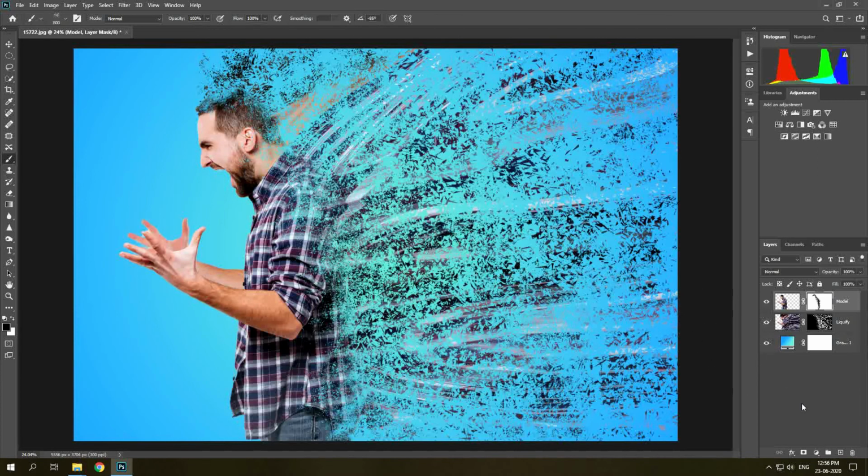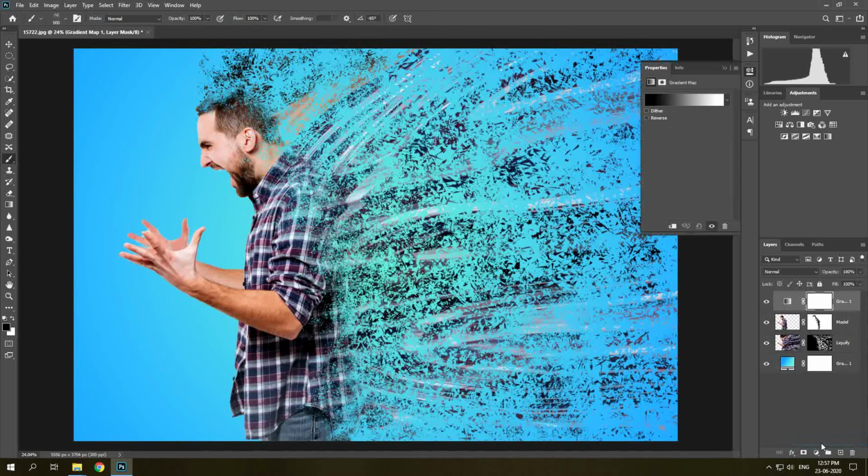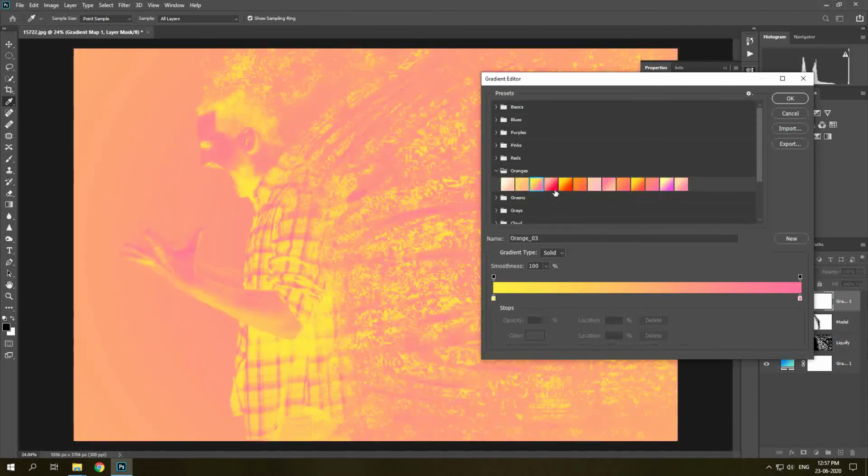Once you are satisfied with the result, click anywhere on the layers panel to deselect all the layers. Then click on the Create New Fill or Adjustment Layer icon and choose Gradient Map. The Gradient Map dialog box will open. Click on the gradient bar, select your favorite gradient and hit OK.